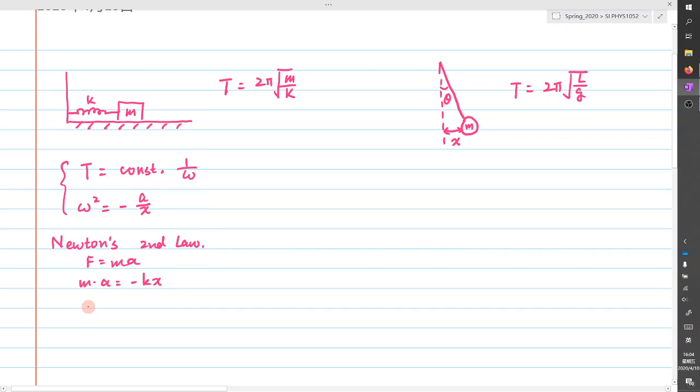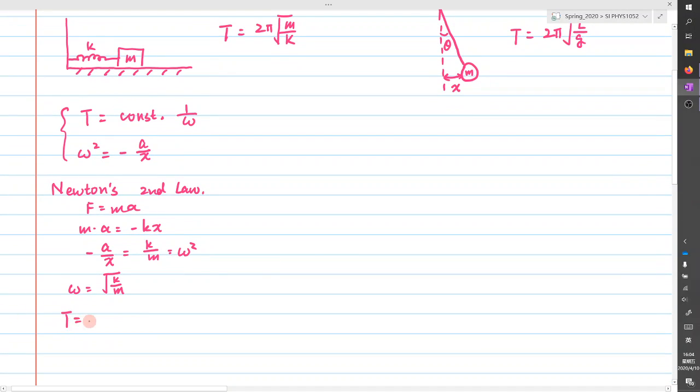And we're going to negative a over x, which we move the x to the left, we move the m to the right, move the negative sign to the left. We are left with k over m, or omega squared. And so omega equals the square root of k over m,